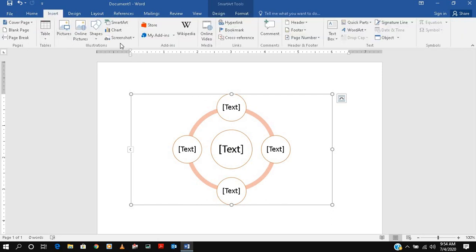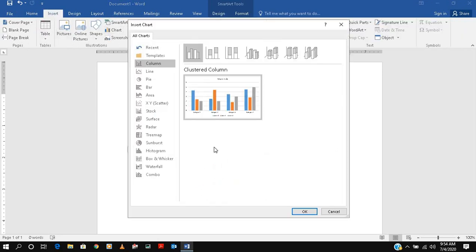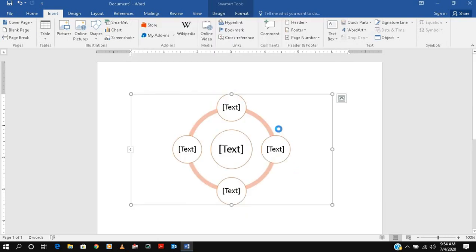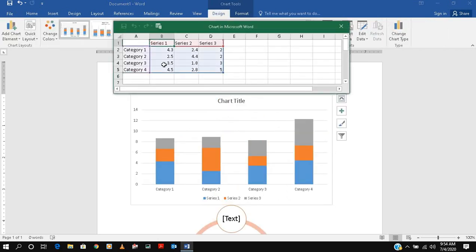Now the next move, again very important, is the chart. You just select it. Right now we are selecting column, and we are selecting it here. Once you select a chart, it by default goes to your Excel, so what we'll do is put some names here: Ram, Mohan, Nita. Okay, and maybe you can put XYZ, ABC.